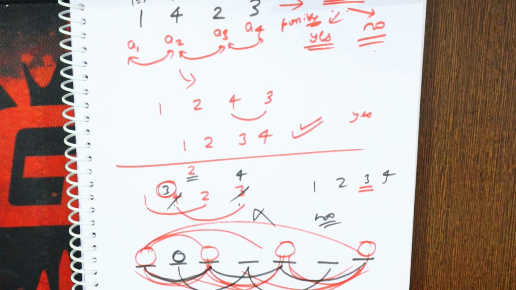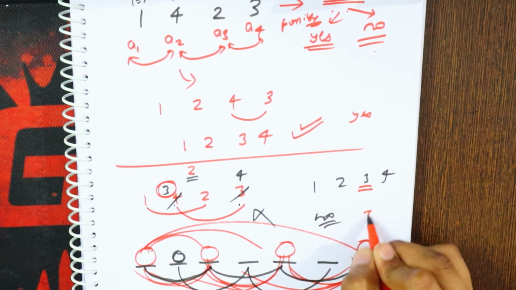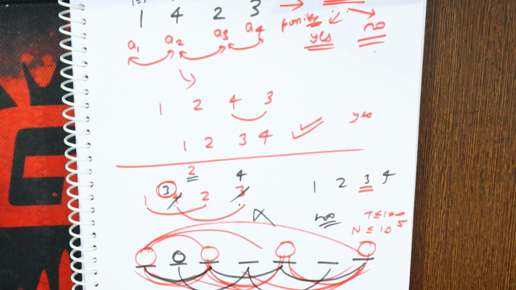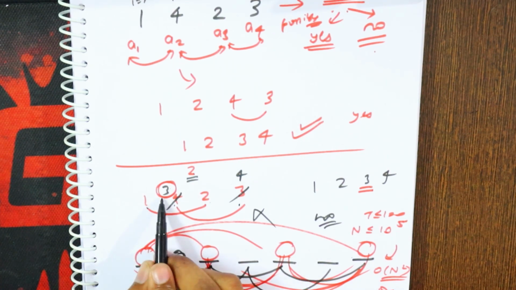And now you will say, yeah, it is true, but as you can see that t is less than or equal to 100 and n is less than or equal to 10 raised to the 5. But if I check every case, then I will do it in O(n^2), but that is not possible. So you have to think of something so that it can be completed in O(n) or O(n log n). Actually, just see it from another angle.